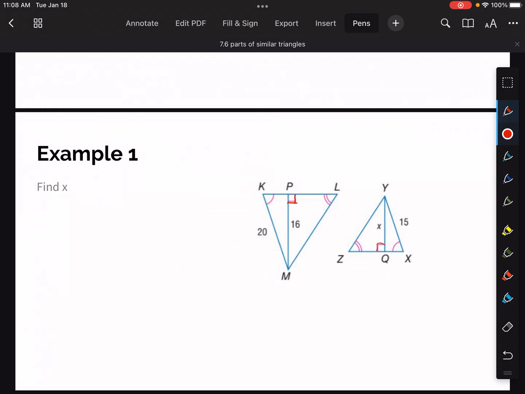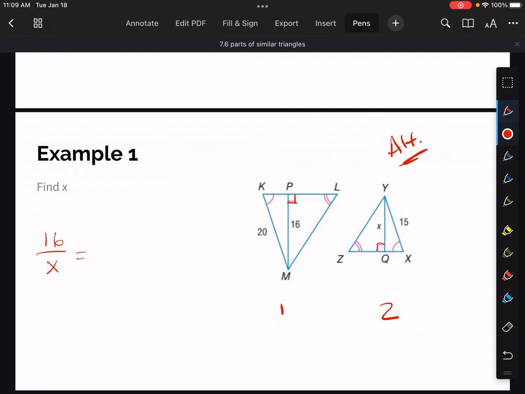Okay, so which of the 3 things are we dealing with here? Well, they all kind of have a similar relationship, but here it's an altitude, right? So these are altitudes. The altitude theorem says that the altitude of, we can call this triangle 1 and this triangle 2, just while we're talking about it, the altitude of triangle 1, which is 16, over the altitude of triangle 2, which is x, has to equal